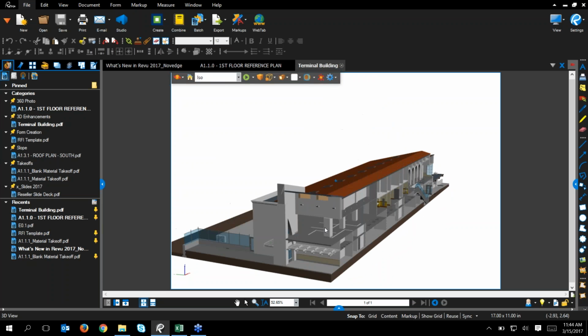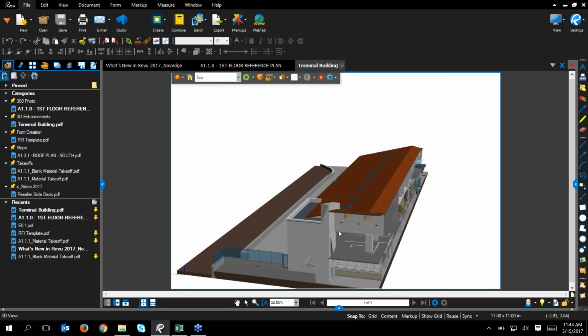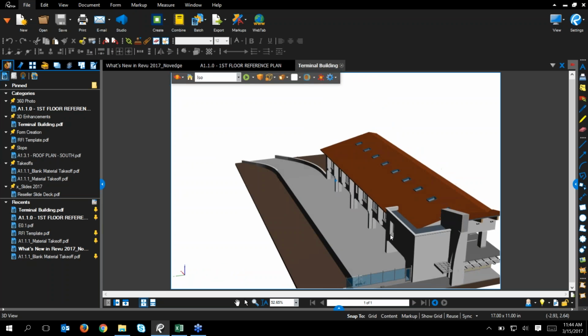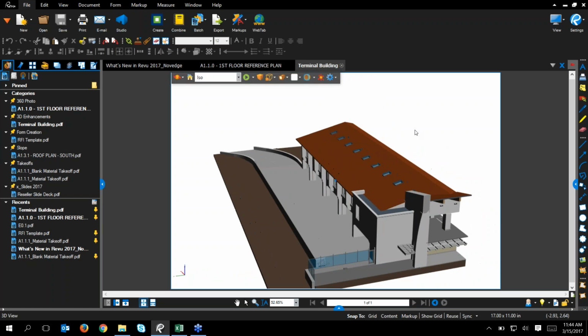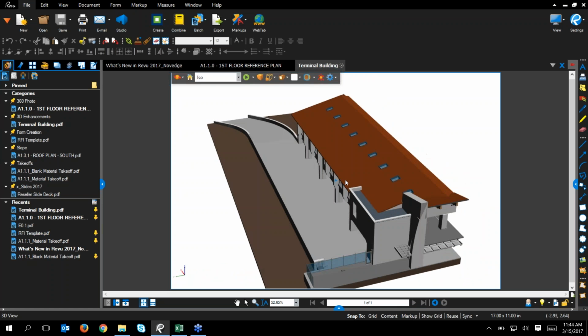So for anyone that maybe didn't realize that 3D PDFs were a thing, they certainly are. So you can actually generate 3D PDFs directly out of a number of applications utilizing our plugins. So for example, Revit, Navisworks, and SketchUp Pro. Or you can also import IFC files as well, or U3D files too. So 3D PDFs are not new. We've been doing them for a long time. But what is different here is